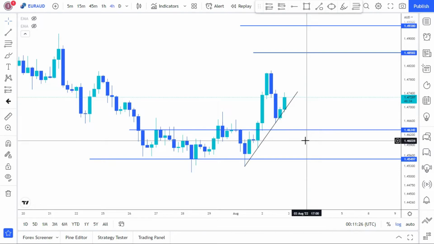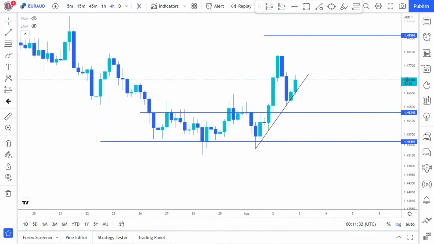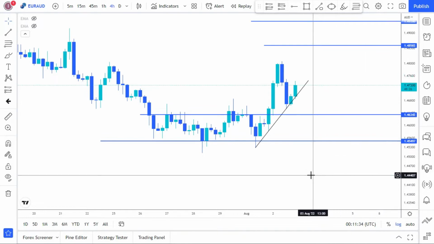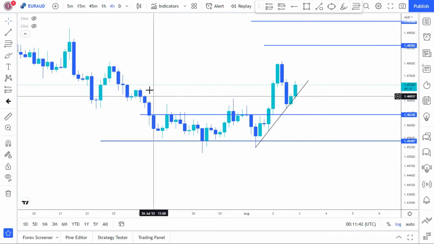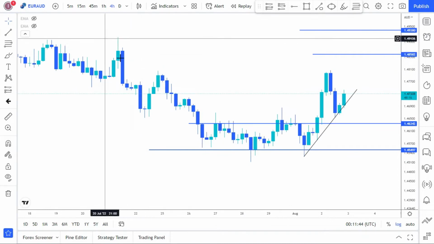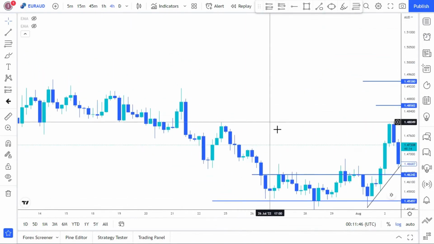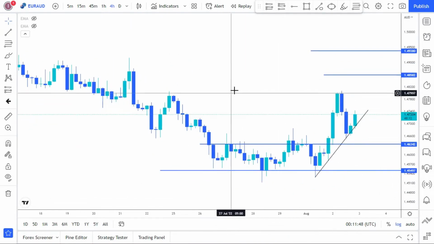From there you'll be able to understand this analysis better. So what I do basically is I look from the higher time frame, which is the 4 hour. I look at the previous structure. Let's say for instance this is a downtrend, and all I do is just look for the previous structure,